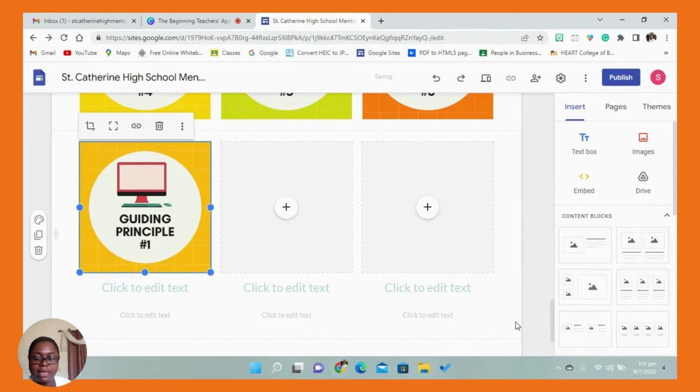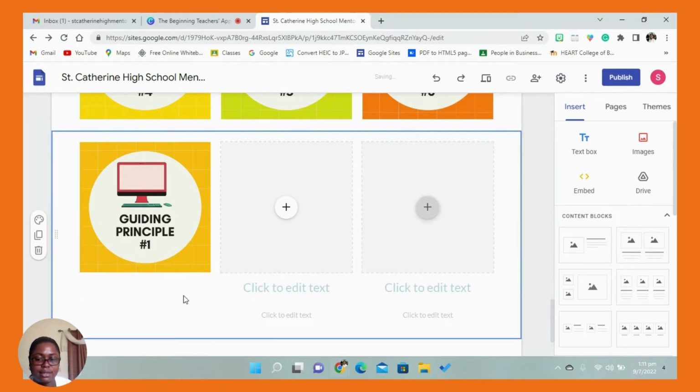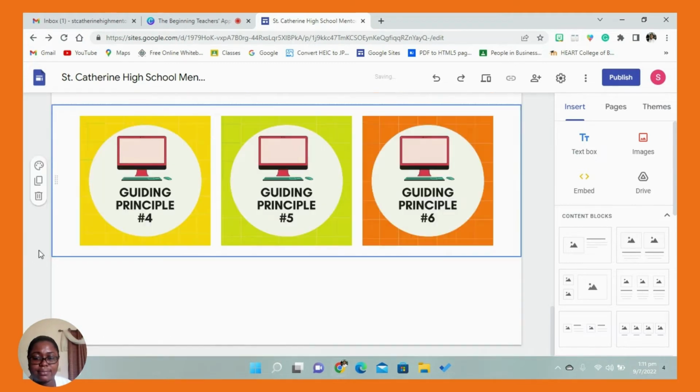So I'd have to do them individually, and then I can delete these extra boxes that are there because I won't need them. So I can delete. This is how you can keep the blocks in place, but you don't have to use these. You can just insert them, and it's as simple as that. So I don't need this, so I'm just going to go ahead and delete it because I've already inserted the